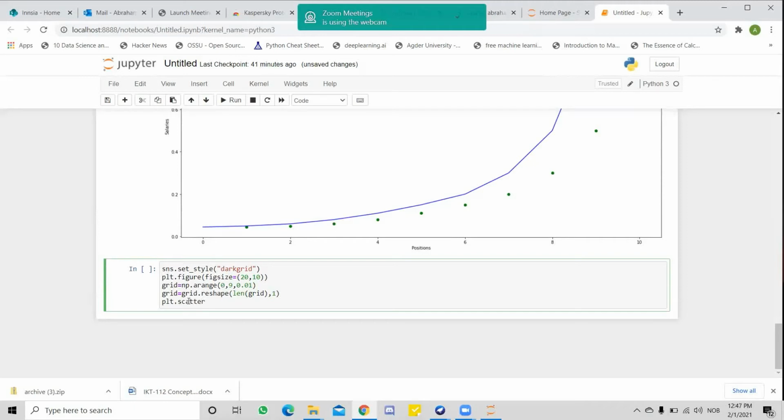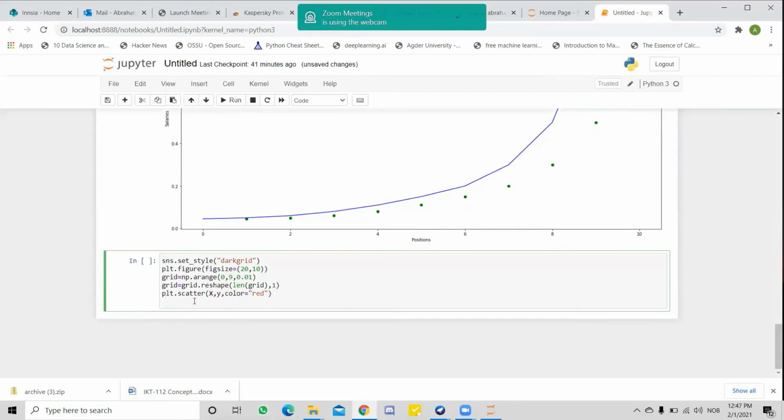Scatter x. This has two values of x, color equal red. I will assign color red. I will create more than one figure here. This is the original data, right? I will show it in this figure also. Also, I will plt.plot another. I will create another plot, grid